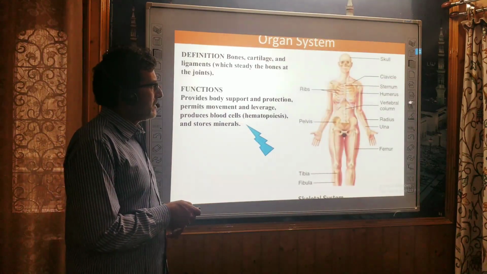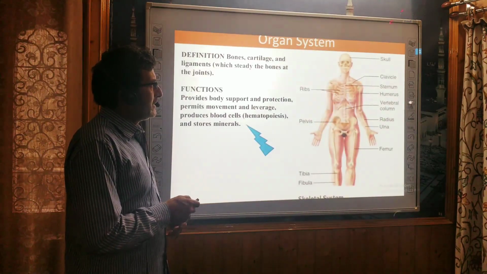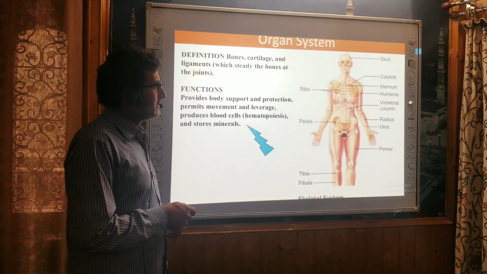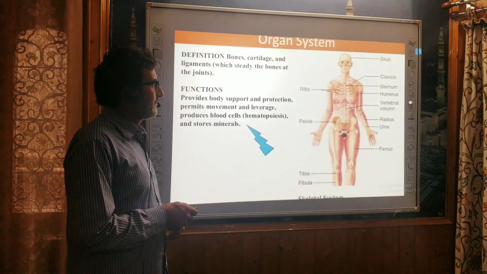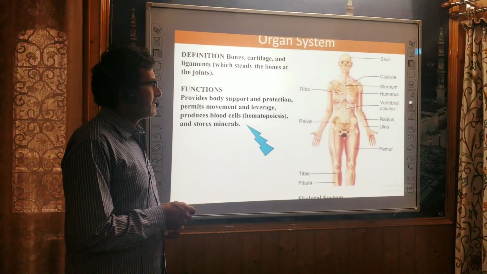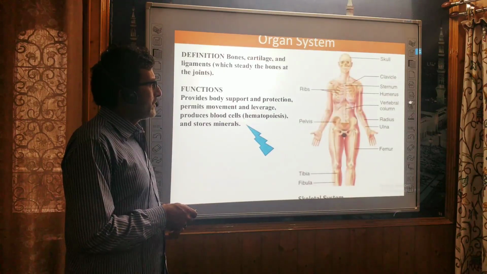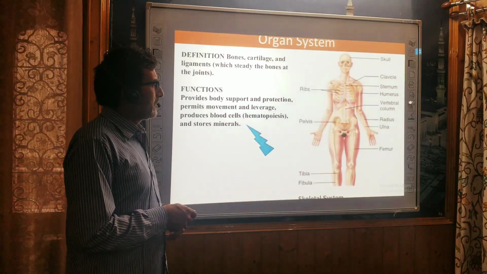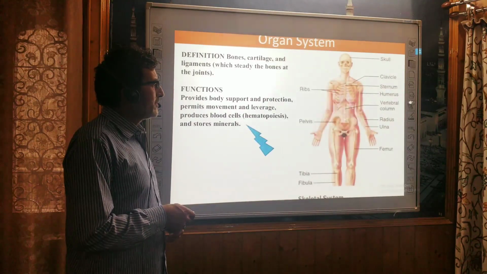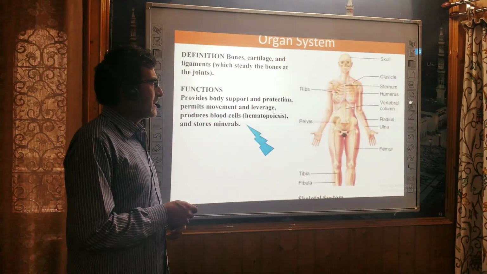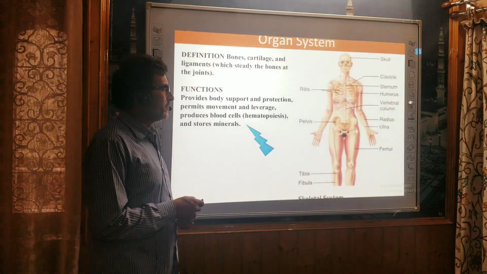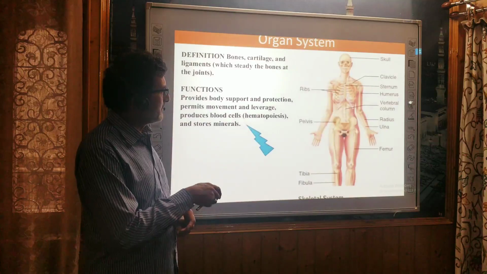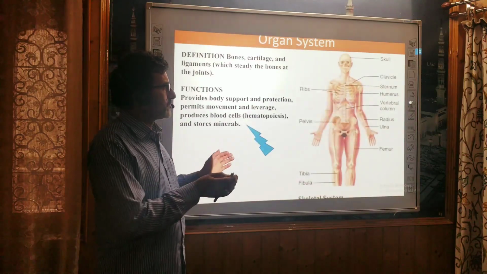This is the structure of our body inside. This is the skull. The skull gives protection to the brain. Ribs give protection to the lungs. This is the clavicle, the collarbone. This is the humerus, which helps in movement. This is the vertebral column. From the brain to the end of this bone runs the spinal cord. These bones give protection to our spinal cord. This is the skeletal system. Each and every system has its own function.